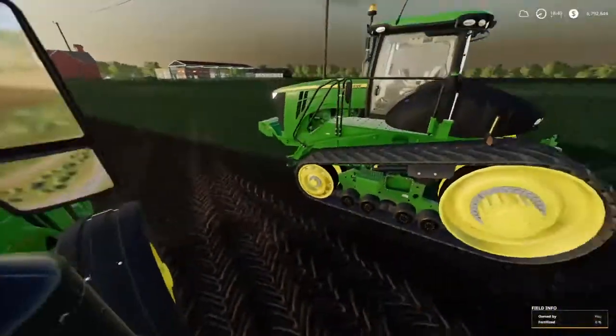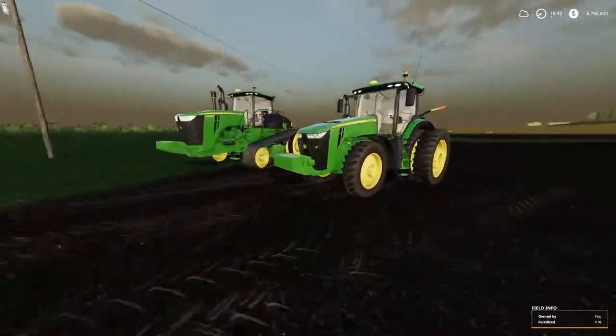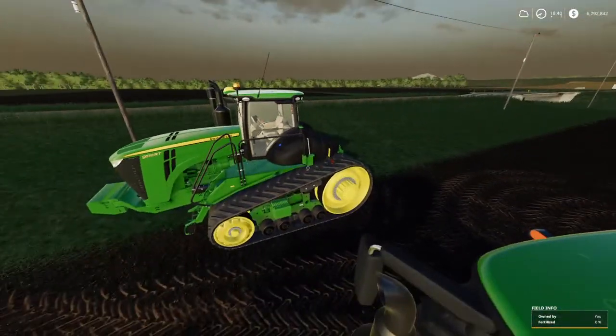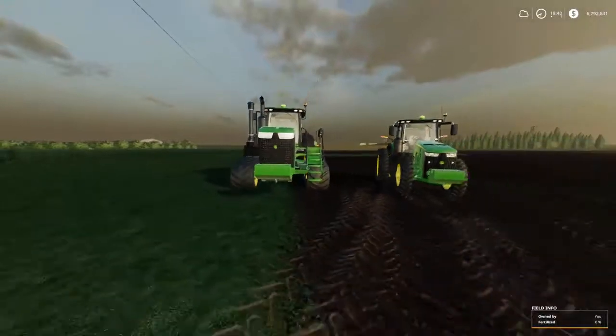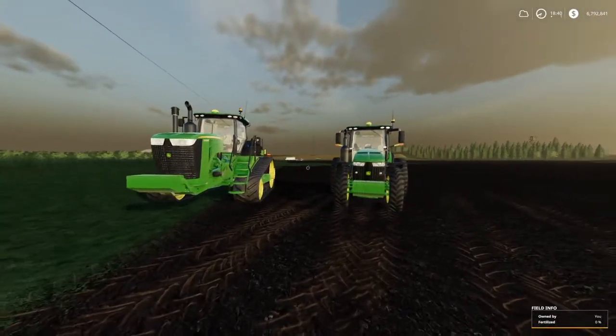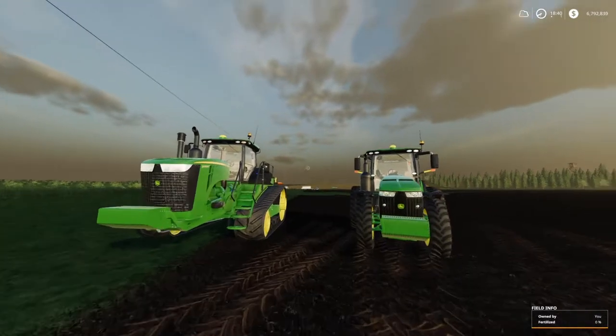I do know that they have a John Deere air seeder on the way, and something about another John Deere tractor possibly. If that's true, I think I heard mention of a John Deere 8850. I'm not sure, but